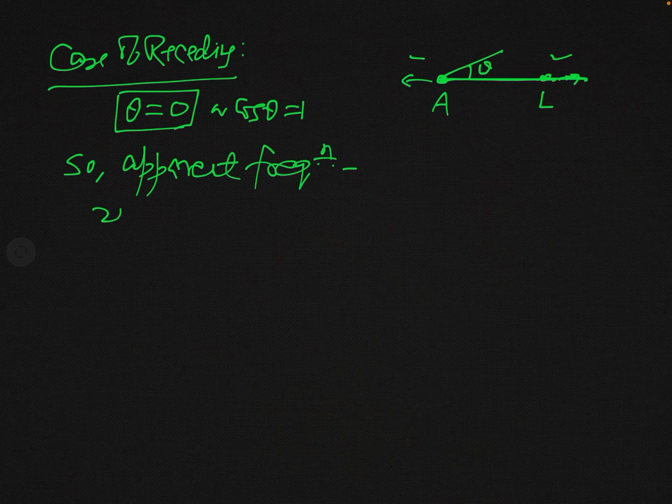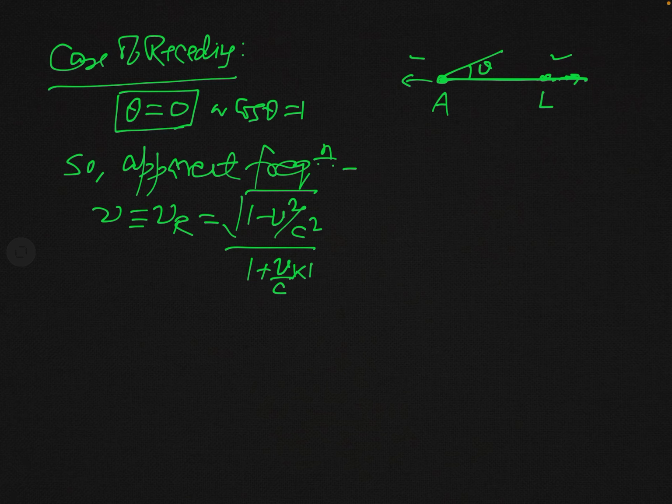Apparent frequency in this condition, nu, will be written as nu r, r for receding, and you know this is square root of 1 minus v square by c square, divided by 1 plus v by c cos theta, but cos theta is equal to 1,